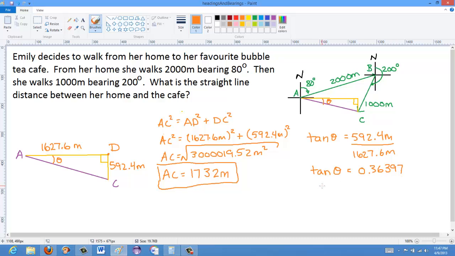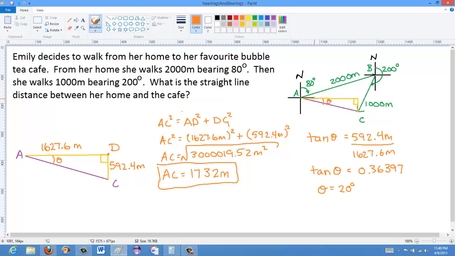Then using my inverse tan function, which I don't have on the calculator on the computer, I get about 20 degrees. That worked out really well. So 20 degrees, and that means the final bearing that Emily walked is